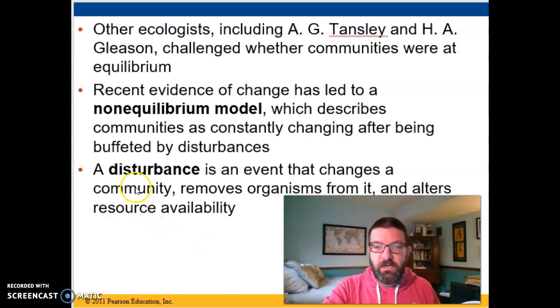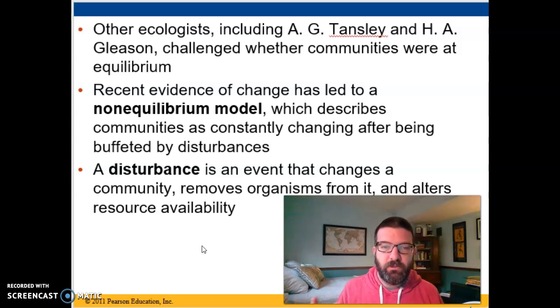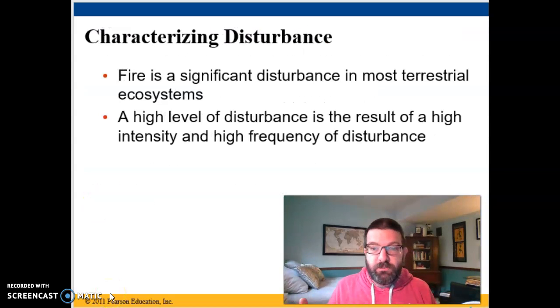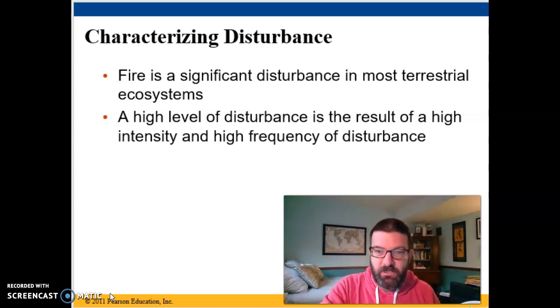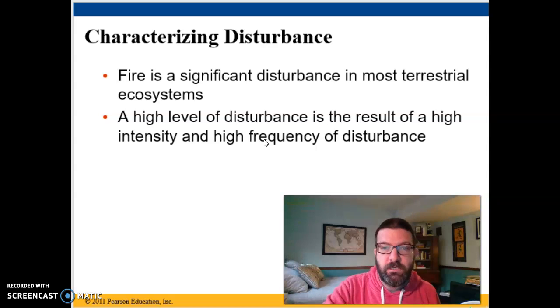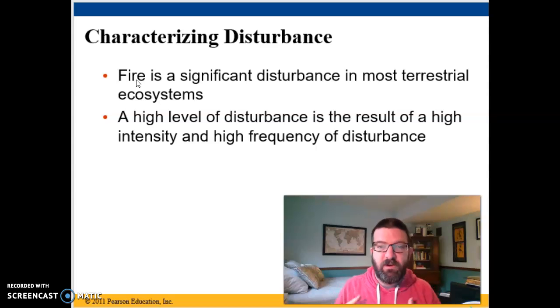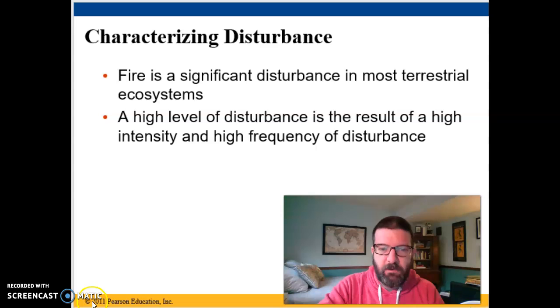And this idea is that a disturbance changes a community, removes some organisms from it, alters resource availability in some way, and then the community has to respond to that disturbance. And disturbances can be characterized by their intensity, right? High-level disturbance is a result of high intensity and high frequency, right? But lower intensity, lower frequency can be a smaller level disturbance. Fire is a great example of this. You can have very, very intense fires that decimate ecosystems, or you can have very, very small fires that don't